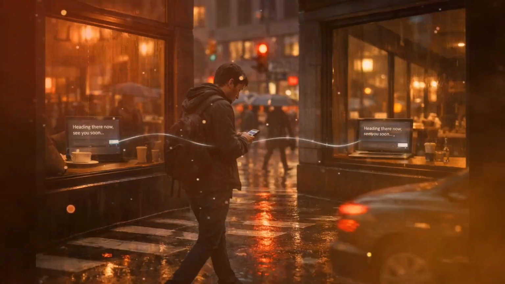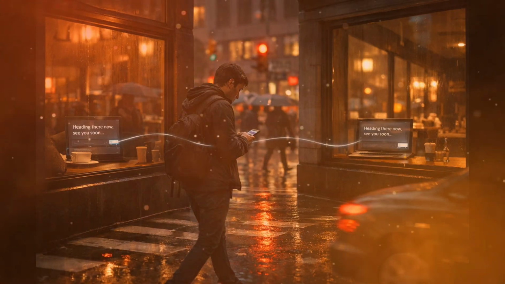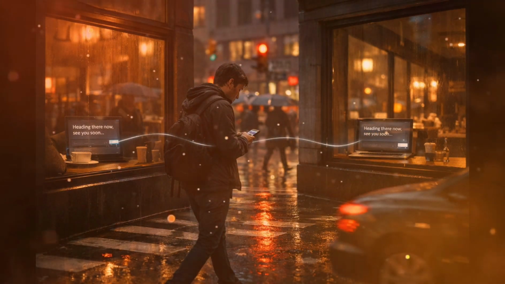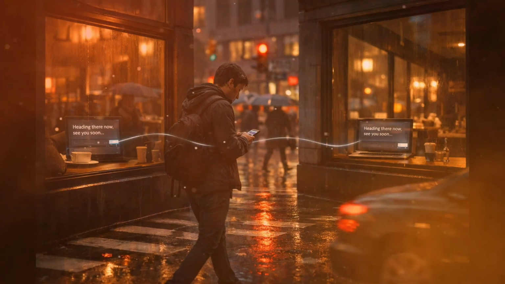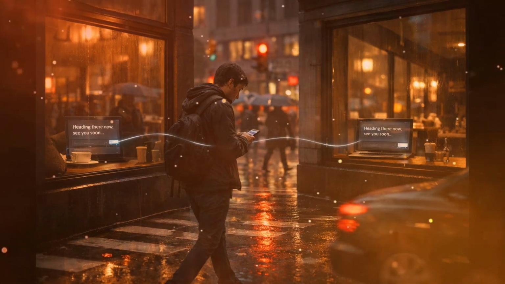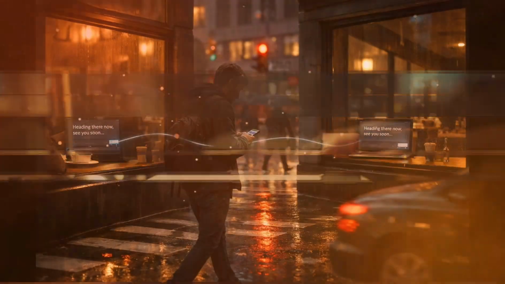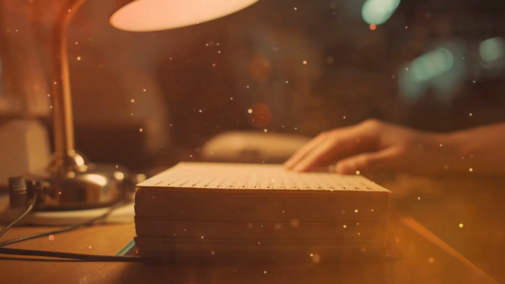And so the story continues. The operating system grows more intelligent, more anticipatory, and more integrated. It quietly shapes the way we interact with technology, making life simpler, smoother, and just a little bit more gentle as we drift further into the future.